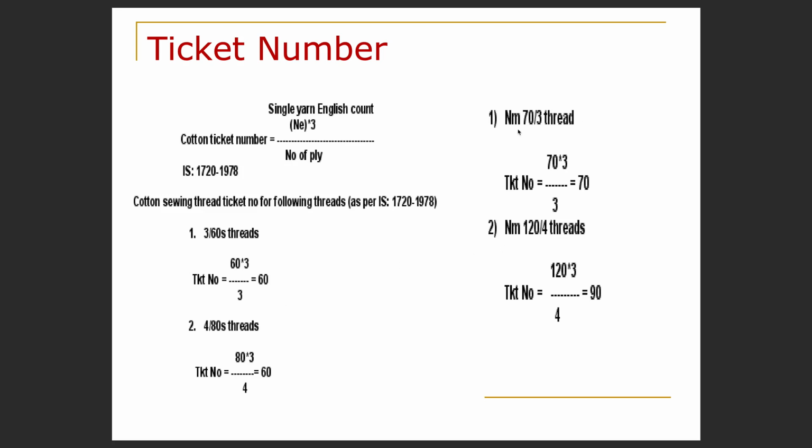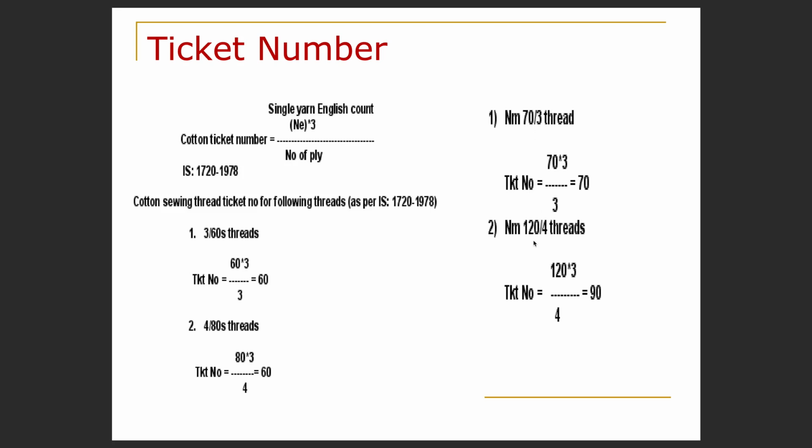And Nm is representing the metric ticket number here, which is used for synthetic sewing threads, but the calculation remains the same for metric ticket numbers also. Like this is a 3-plied sewing thread composed of 3 plies, so the resultant count will be 70 divided by 3, and it is multiplied by 3 because the metric ticket number will be 3 times that of the metric count. That is, if metric count is giving the weight of 1 gram, metric ticket number will be indicative of the weight of 3 grams. So 70 into 3 divided by 3, so it will give 70 as the ticket number for this sewing thread,